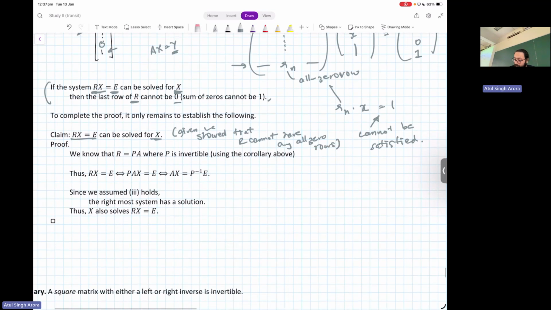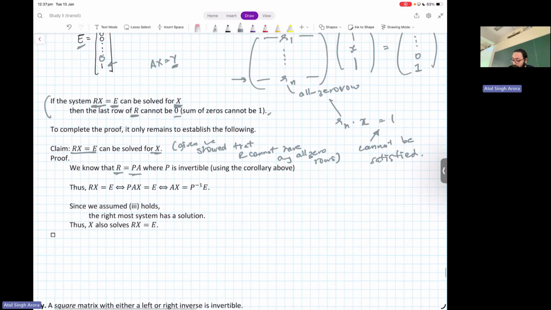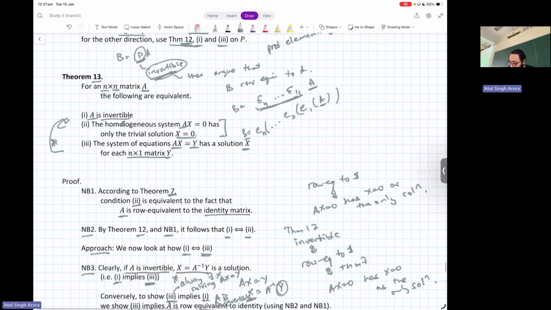Okay, so then R equals PA. This we already know. Because R is the row reduced echelon form, and it has no zero rows, R is just the identity matrix. And we know that using the corollary that we had above, which was